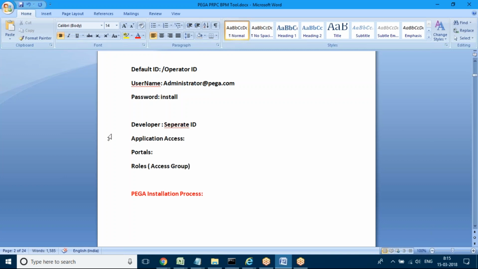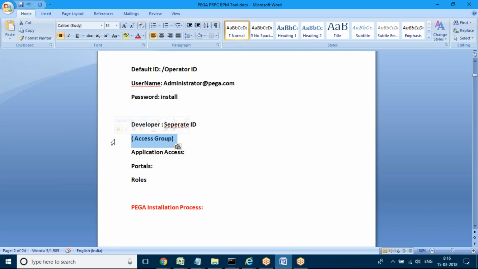Access group means all these: application access, portal access, and roles, not only roles. So the total access is what we call an access group. An access group is nothing but the level of access a developer is given inside the application, the things he can access in the application.